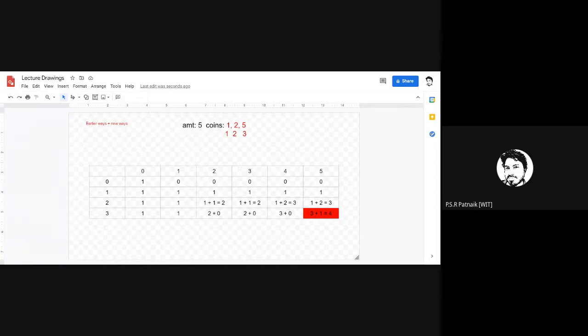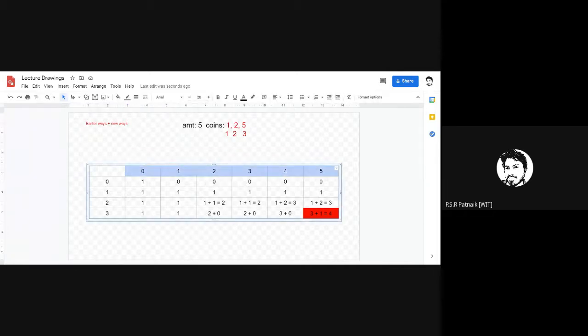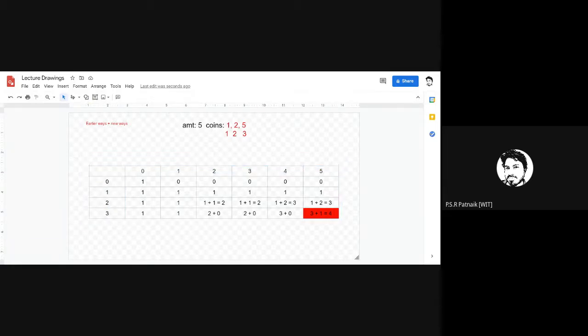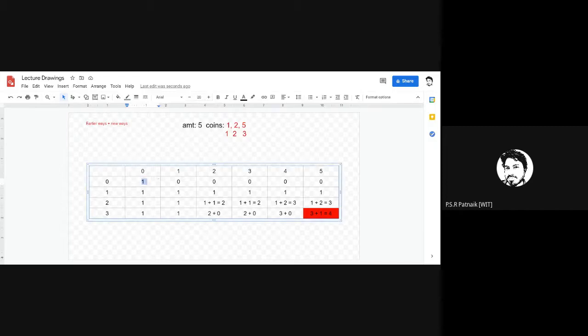I can run a for loop for the rows from 0 to n, and here I can run a column for loop. That's why it is always from 0. Some theoretical textbooks might start from here and get the solution at this cell location, but this is a practical way of designing the table.